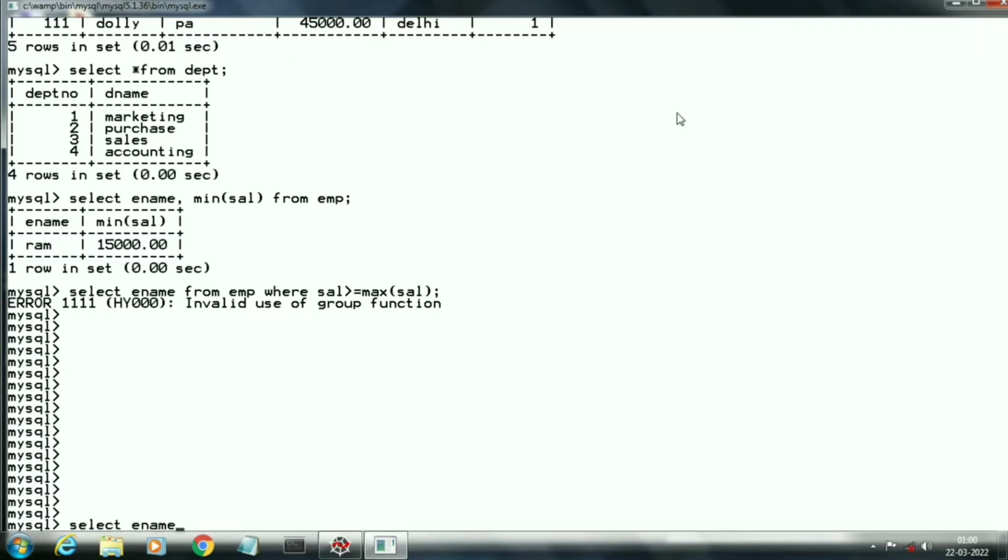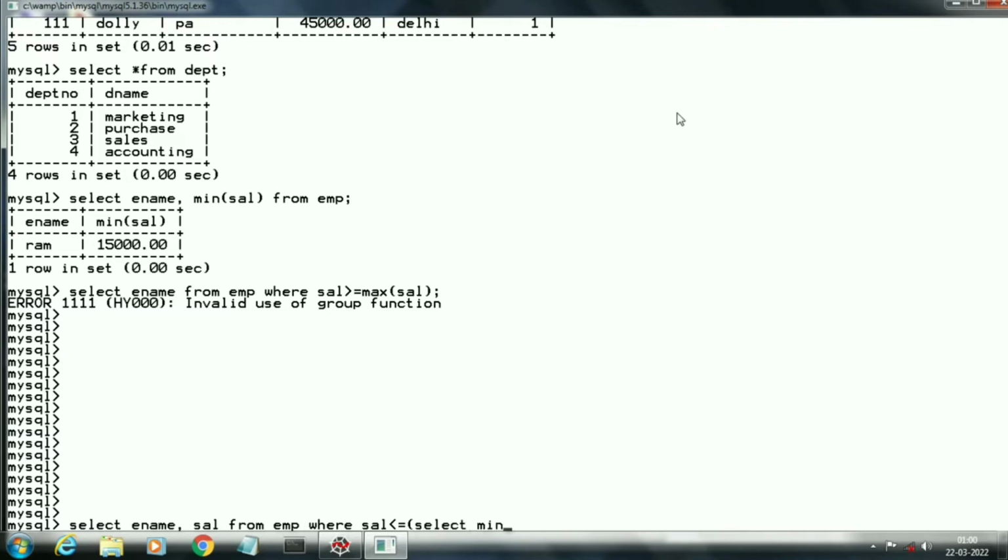So first of all we will write the outer query. In the outer query we will select employee name and salary from the EMP table where salary, then the comparison operator, that is less than equal to. Now we will write our subquery in parentheses.